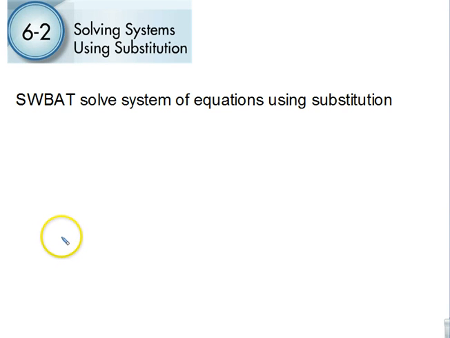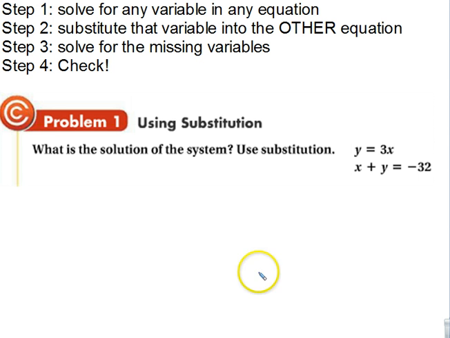Alright, so this is section 2. Section 1 we solved by graphing. This one we're going to solve by what's called substitution. Okay, by substitution. So solve for any variable in any of the equations, either the top one or the